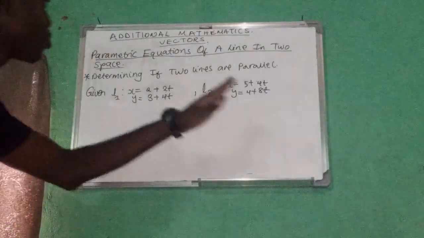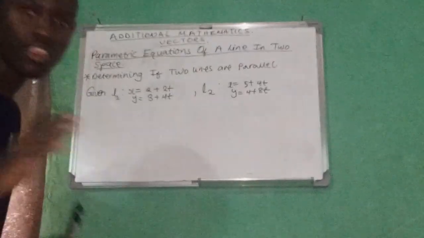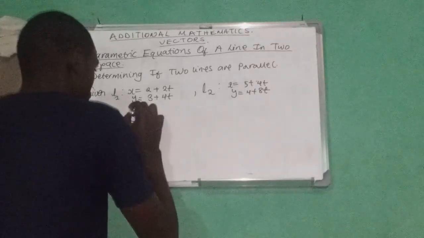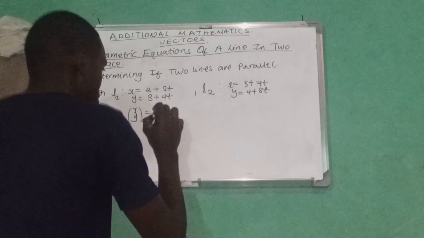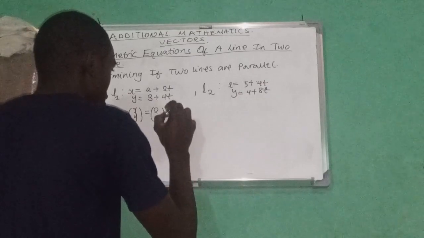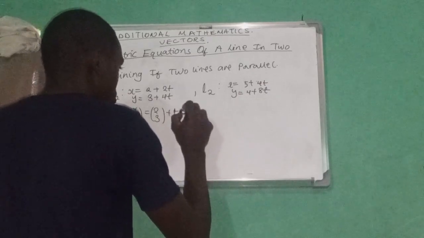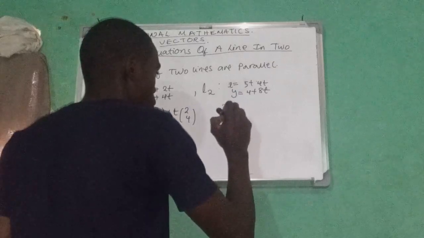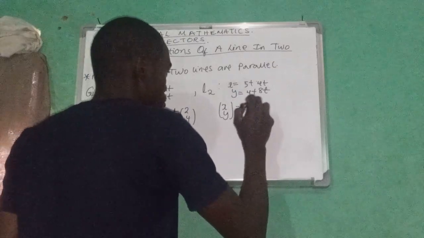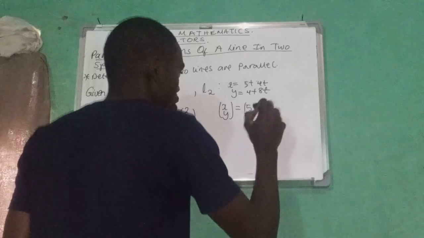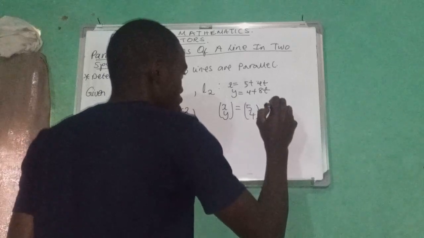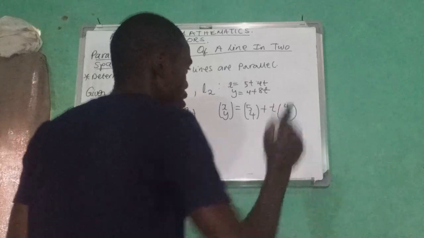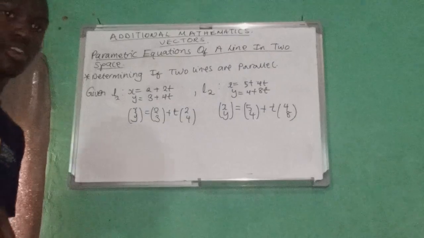Now, determining if the two lines are parallel, first of all, let's write them in the vector equation form. (x, y) is equal to (2, 3) plus t(2, 4). Then we have (x, y) is equal to (5, 4) plus t(4, 8). If two lines are parallel,